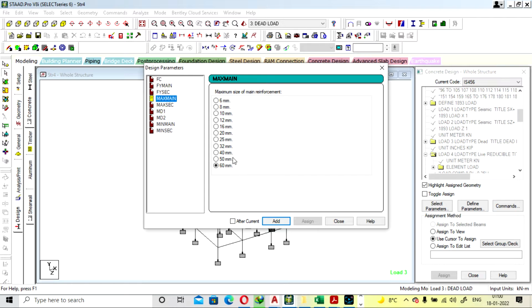Max main, so maximum bar of main reinforcement I am going with 20 only. Okay, add, and maximum bar of secondary reinforcement, that is for rings, so I am going with 10 mm only, add.